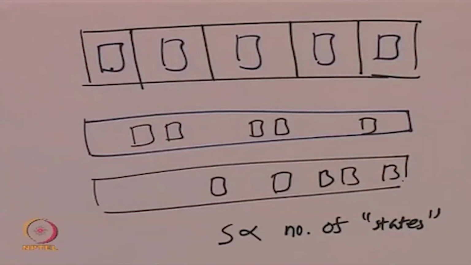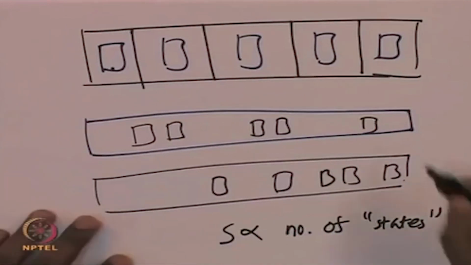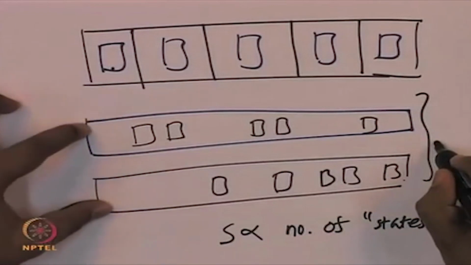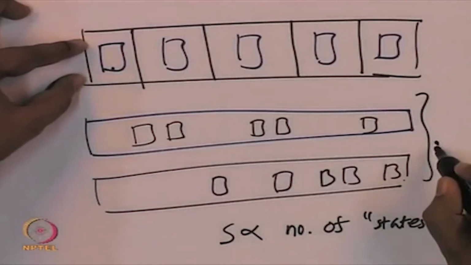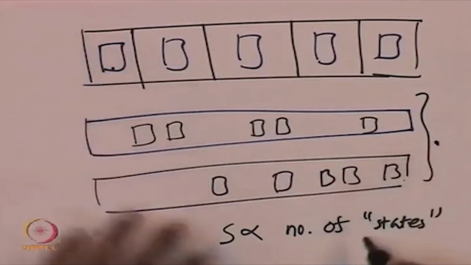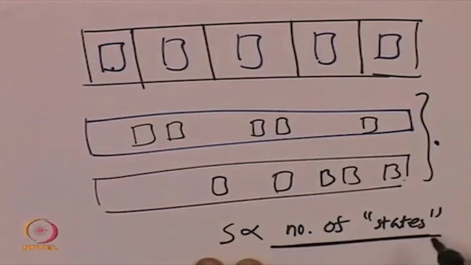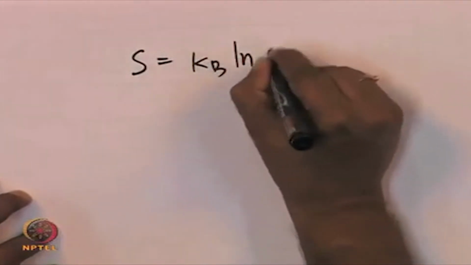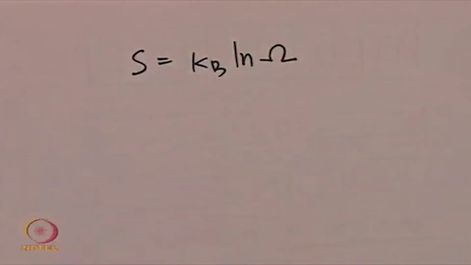So, this is another example of disorder and order. So, more entropy for this case and less entropy here. Now we have to think of the number of states. If you know the number of states, we can get entropy, and it is proportional. But how is it proportional? It turns out that, as we said, the formula is S = k_B ln Omega. It is a logarithmic relation, and there is some particular reason, because